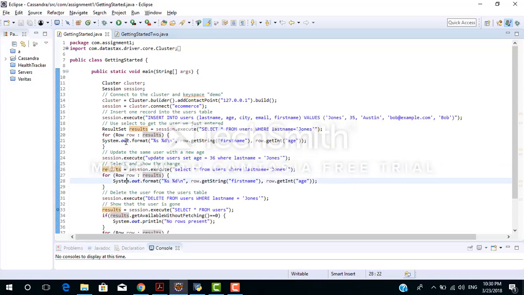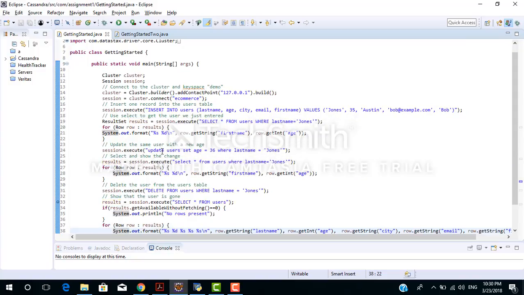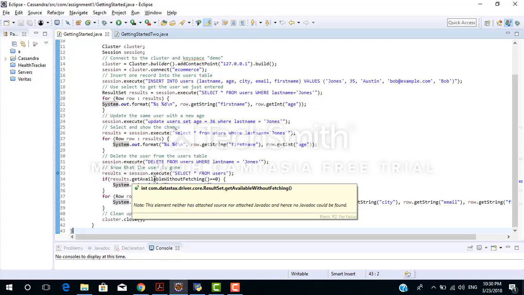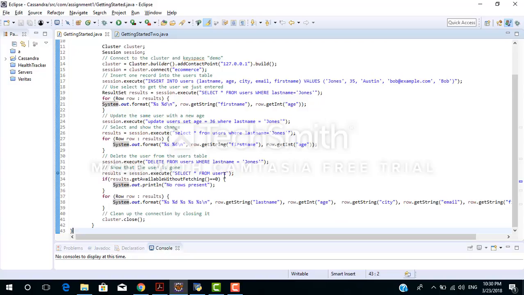Similarly, we have the other query, that is session.execute update users set age equal to 36 where last name equal to Jones. So we are trying to update the age value in the row where the last name is equal to Jones, and then again we are executing a select query, and we'll see that the updated age is printed in the console. Next, we are trying to delete the first row from the database where the last name is equal to Jones, and we'll